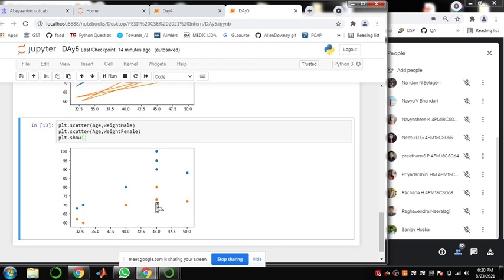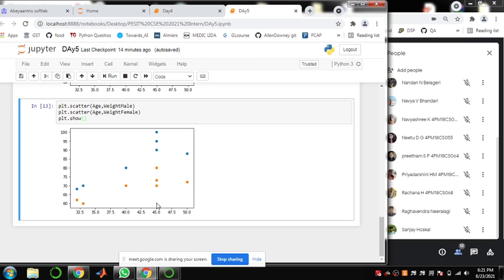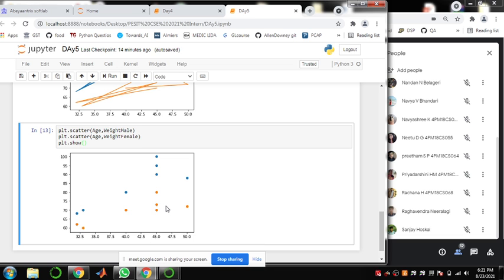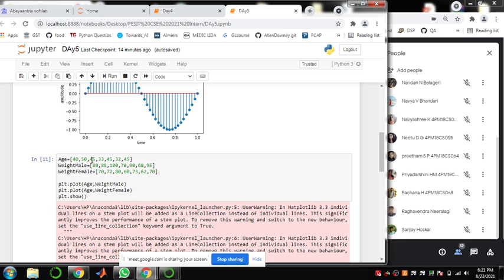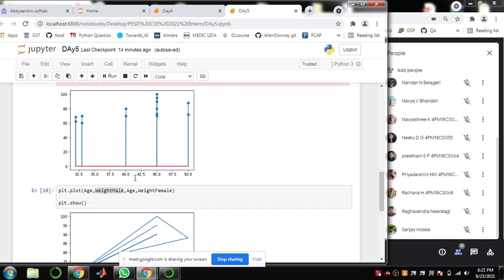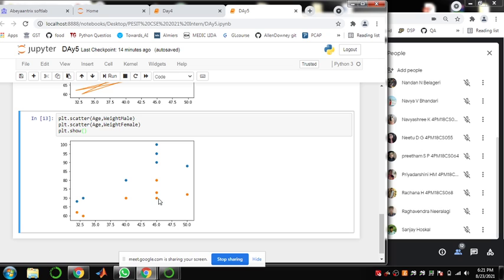More samples are there with the age 45. In my data I had 3 times the age 45. So I have exactly 3 samples here, 1 2 3 for female and 1 2 3 for the male version. Similarly other ages, 32, maybe one more is 33. Then 50, what are the values? Now it is more clearly visible by using the scatter plot.